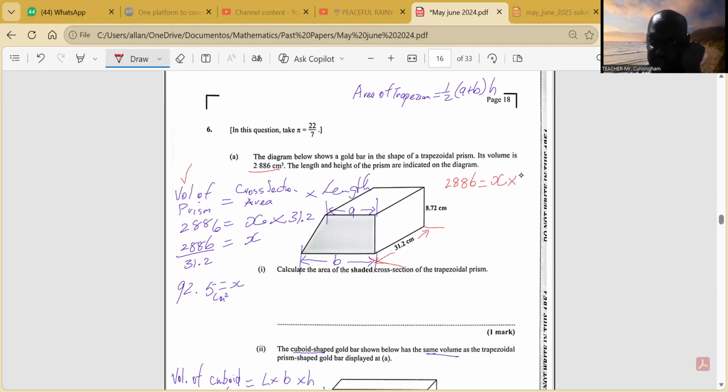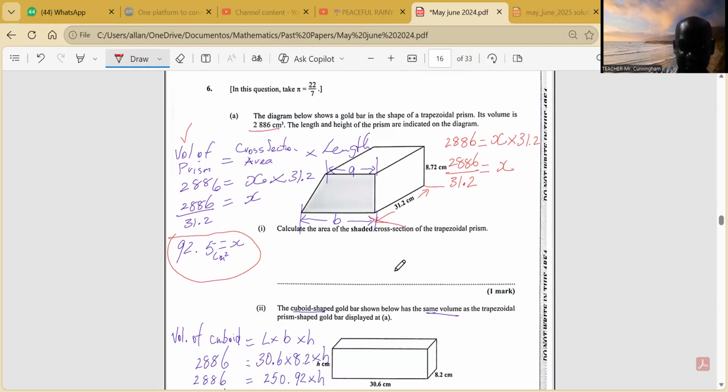So that multiplied by 31.2. If you rearrange your formula, X is equal to 2886 divided by 31.2. Everybody okay with that? And the answer we got was 92.5. All right, that was 1 mark. That should have been 2 marks. Anyhow,